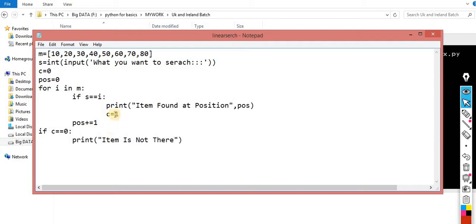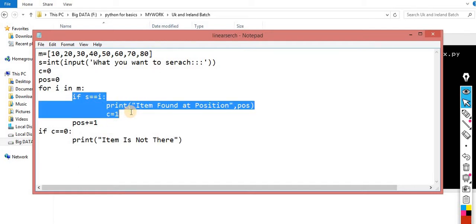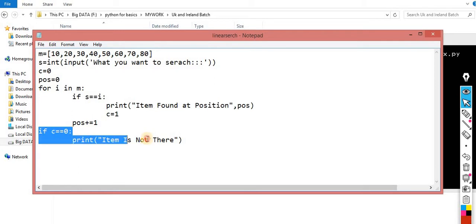That means it did not enter this condition. If it enters this condition, you got the value and C has been changed to 1, so this condition will not be executed. This condition will be executed if there is no item you are looking for.